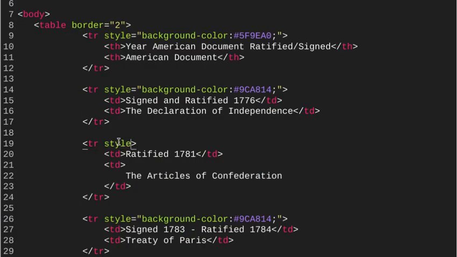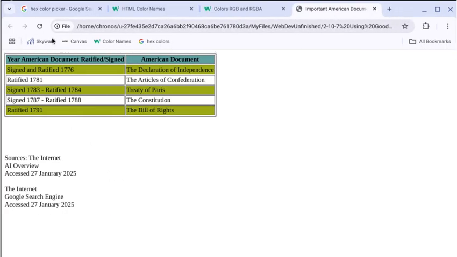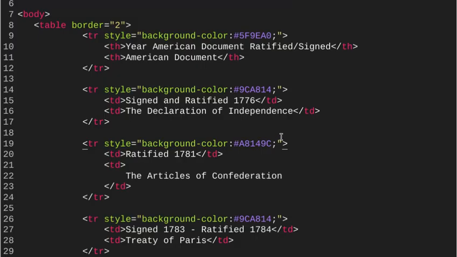So we are going to give these style equals quotations, background dash color colon, and then we got the pound sign. Well, what's the color that we're using right here? It appears that it is A8149C. Semicolon, close quotations, and that will change the color of that next row to this, whatever this color. Let's see what it is. Purple? Okay. And again, instead of retyping that in, I'm going to highlight it like this, Control C,